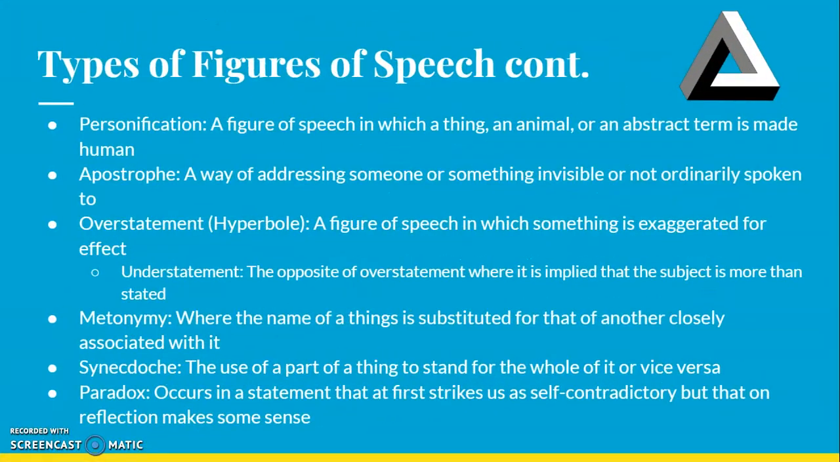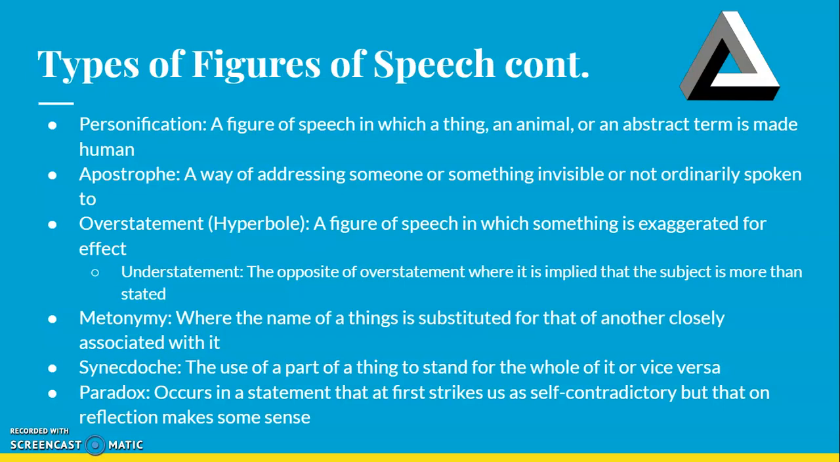Let's go ahead and look at some other ones. We also have personification, which is a figure of speech in which a thing, an animal, or an abstract term is made human, for example, the sun glared down on us. We have apostrophe, which is a way of addressing someone or something invisible or not ordinarily spoken to. We have overstatement, also known as hyperbole, which is a figure of speech in which something is exaggerated for effect,